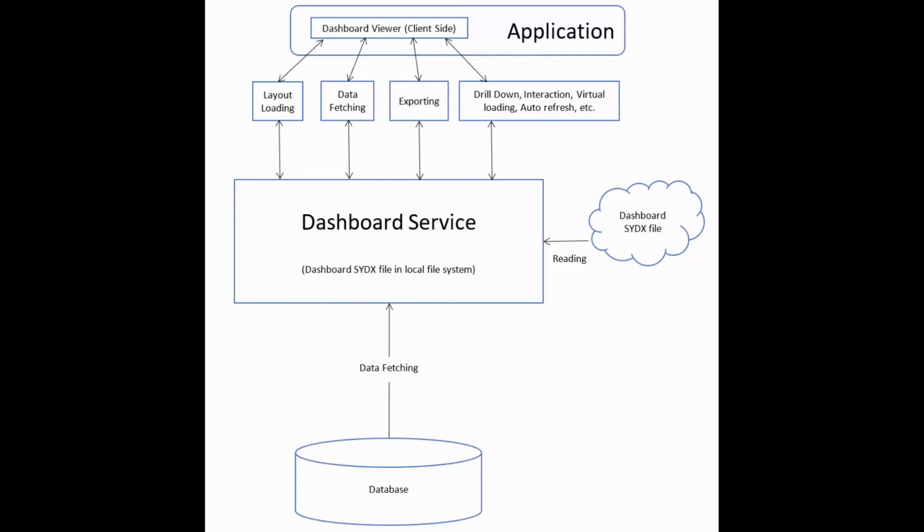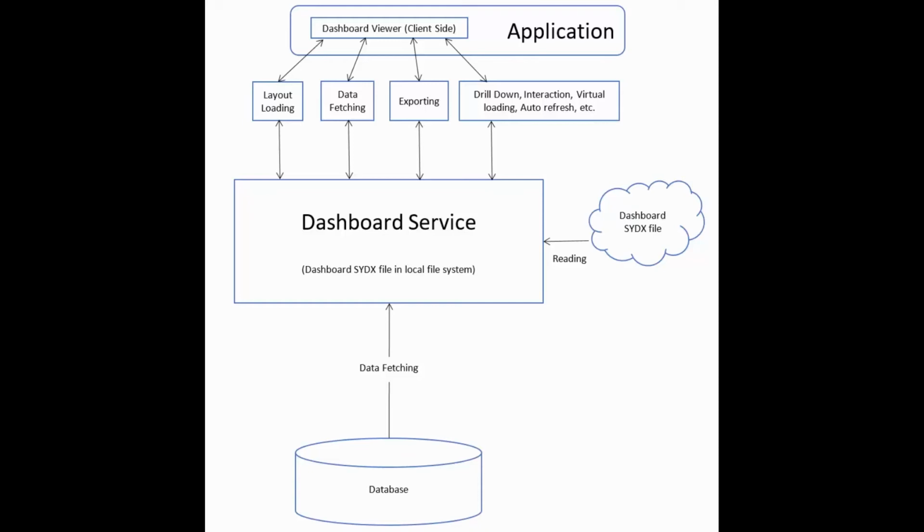When deploying your application with the Dashboard Viewer HTML5 control in a production server machine, to access the required data, the Dashboard service should be hosted and running in a production server machine and reachable by the Dashboard Viewer control added to your application. Also, the Dashboard service should be accessible to the dashboards in the file path configured with the Dashboard Viewer control. Therefore, the configured dashboard files should either be placed in the same server machine where the dashboard service has been deployed or available online and downloadable from the dashboard service through the link configured in the file path.